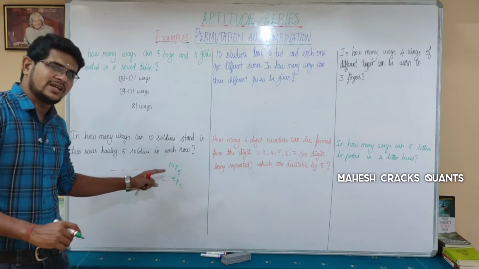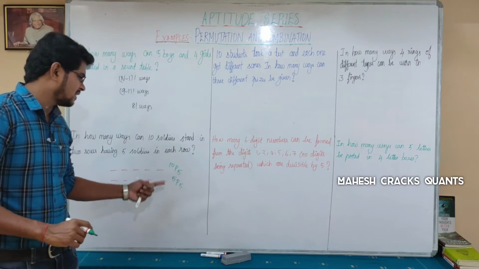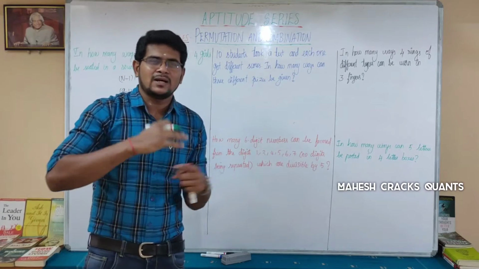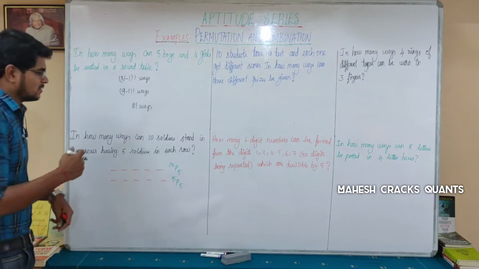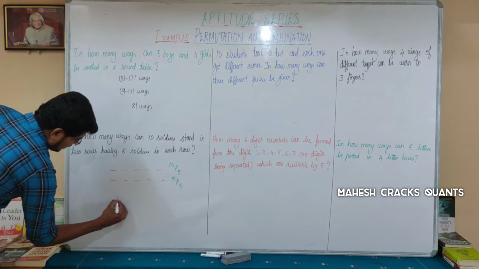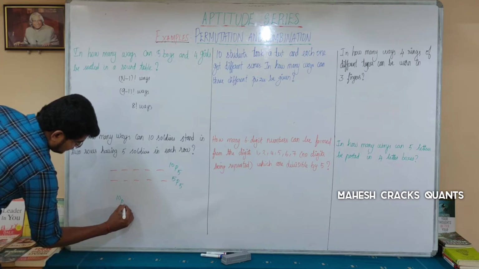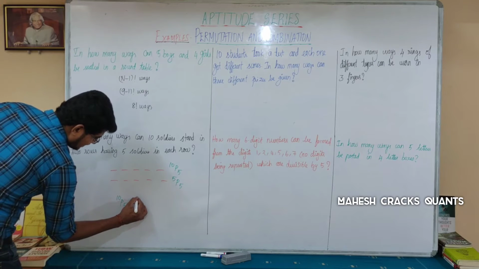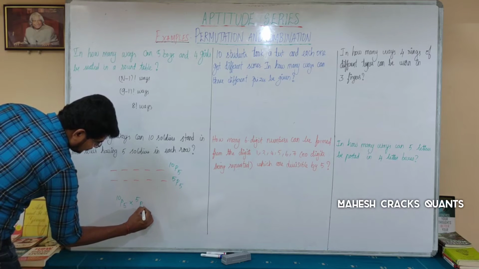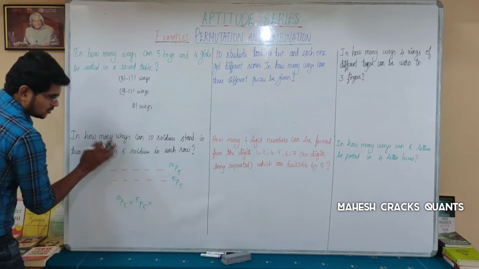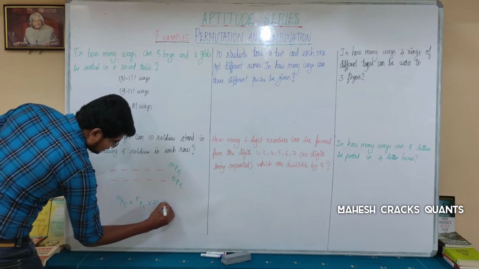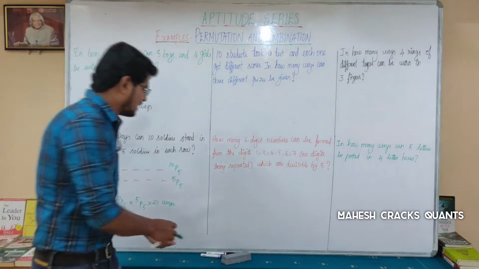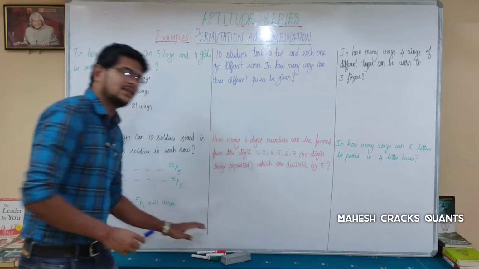If I interchange, first time here and then second time here, these 2 rows can be arranged in 2 factorial ways. So the answer for this question is, I can place the first row with 10P5 and the second row with 5P5, and I can arrange the rows in 2 factorial ways. That's it. When you solve this, you will get the answer. This can be solved in another way. I will tell you that as well.